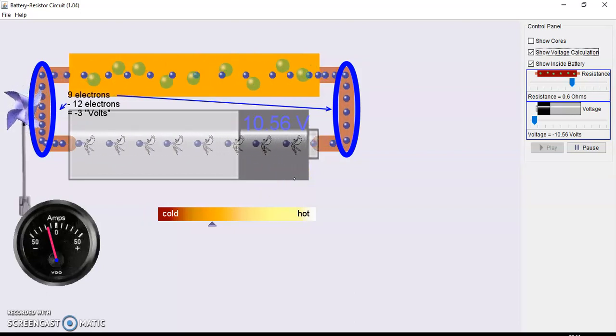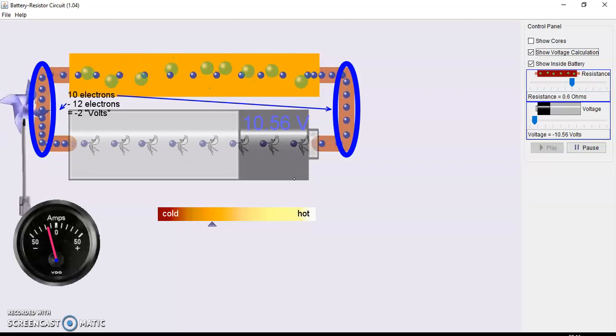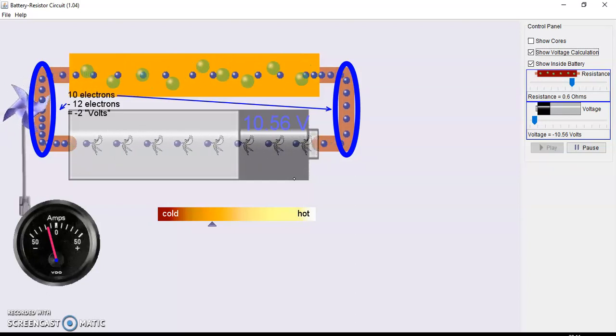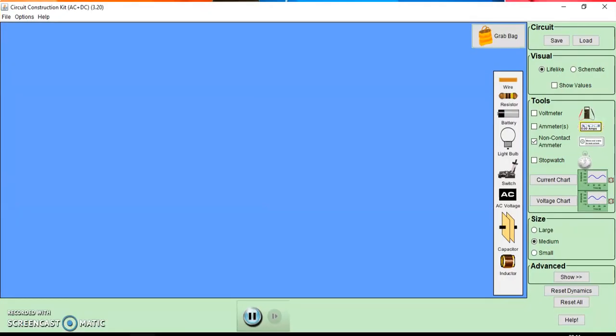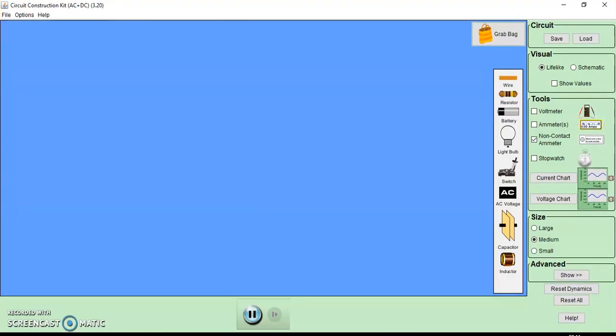Okay students, so I'll be leaving its link so that you can go ahead and you can try on your own. Now let me take you to another simulation where we will see how do we build up a circuit and how do we move on. So for that I'm going to make use of a source of DC voltage. I'm using a battery, then I use a wire which I'll be connecting on both the sides.